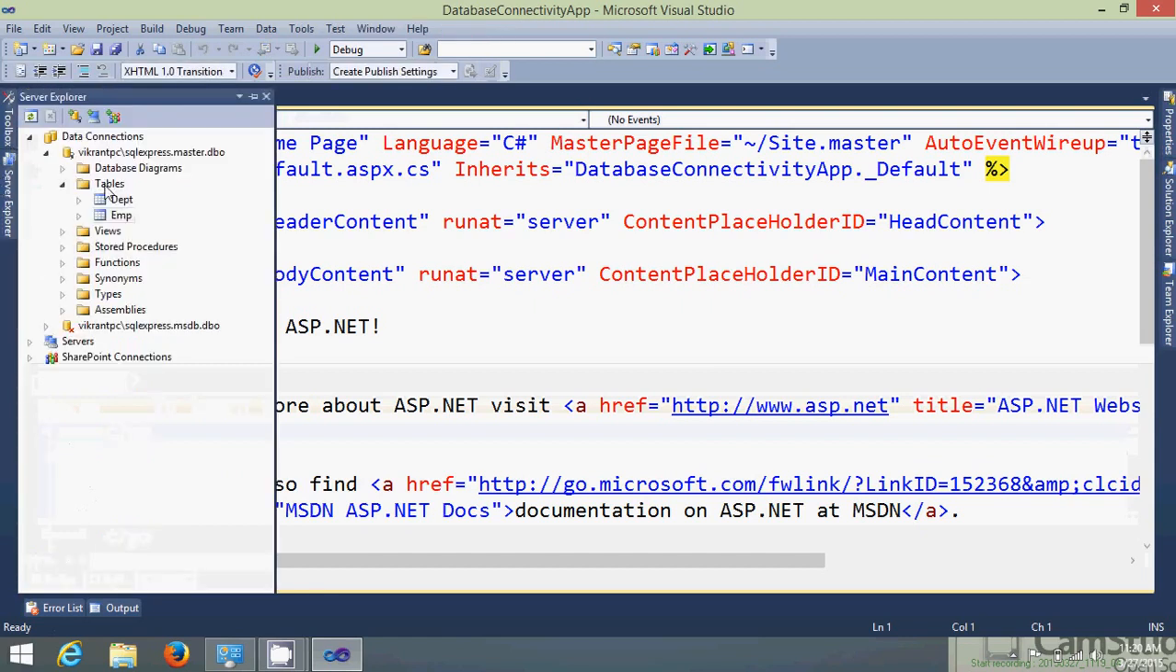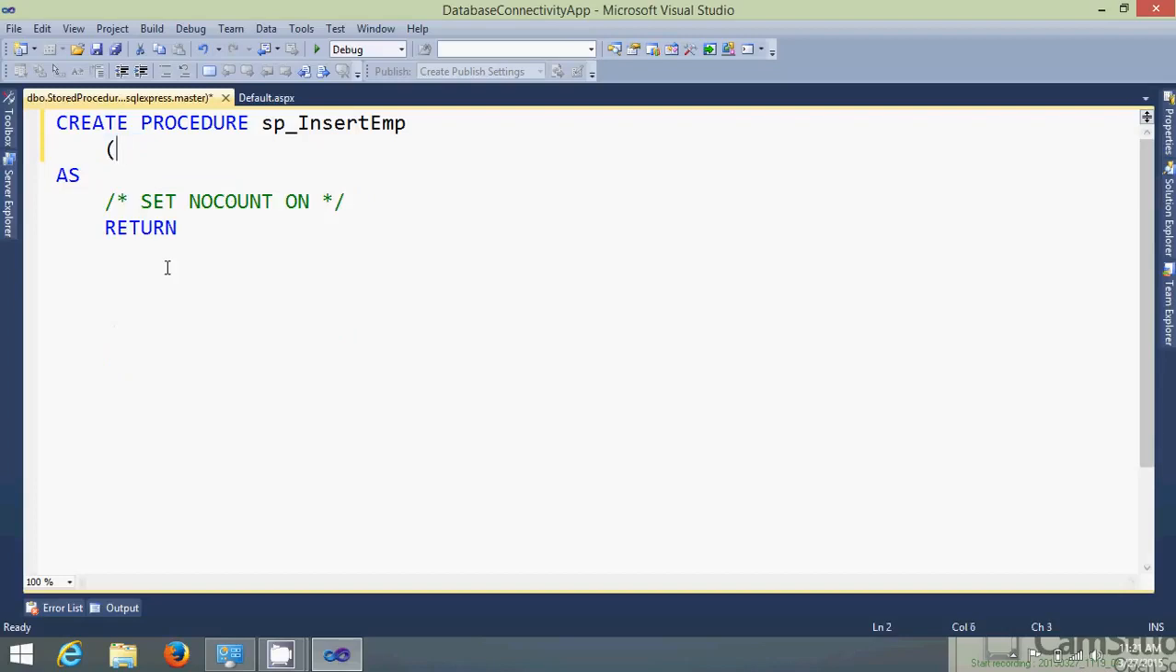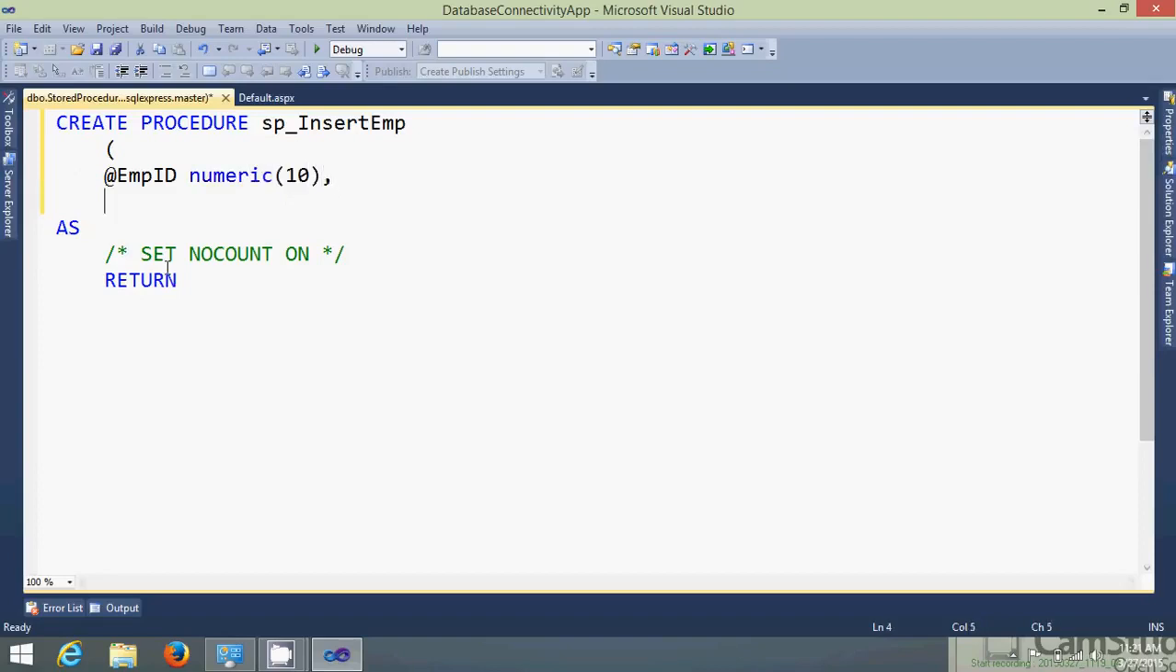Now for insertion of a record using stored procedures, we need to create a stored procedure also. So let's create a stored procedure. Right click, add new stored procedure. Let's give the name for the procedure as insert employee. Let's give the parameter @emp ID, data type is numeric, let's give size 10, @emp name, and varchar 50,